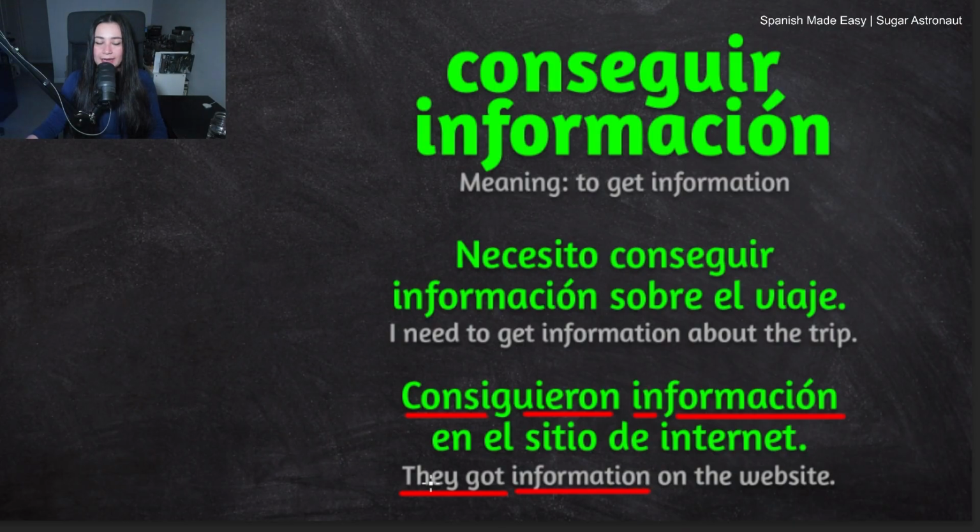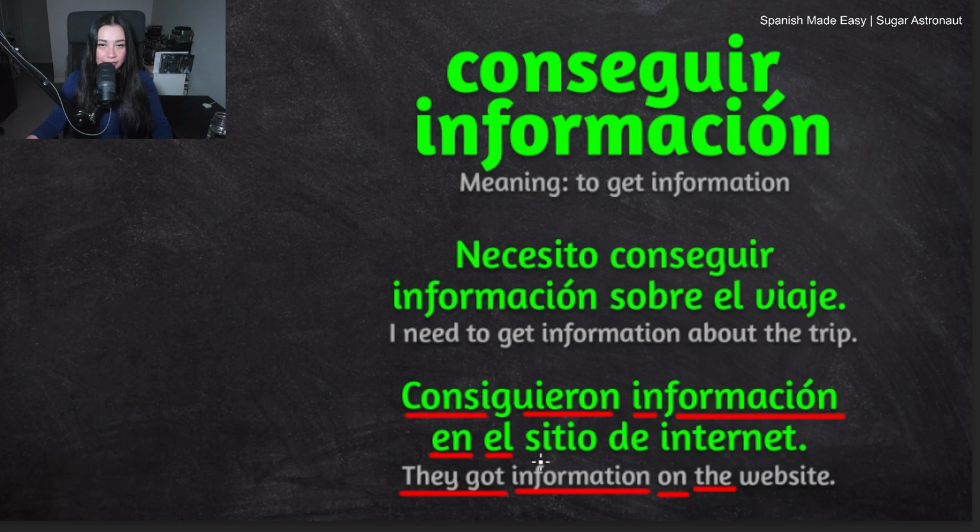So at the beginning, we have the phrase we're learning, and en. Remember, en can mean different things. It can mean in, on, at. So it's a great word. Very useful. El, the